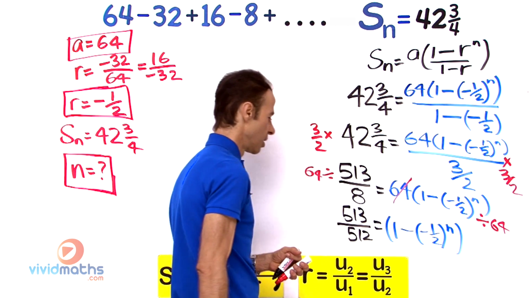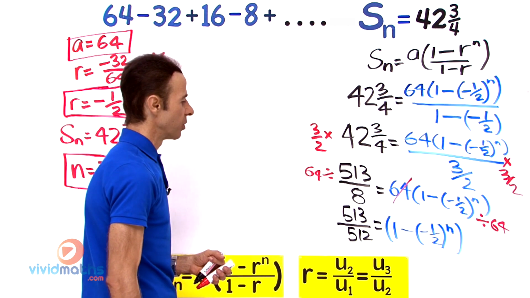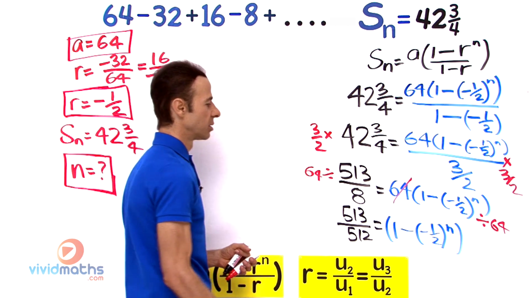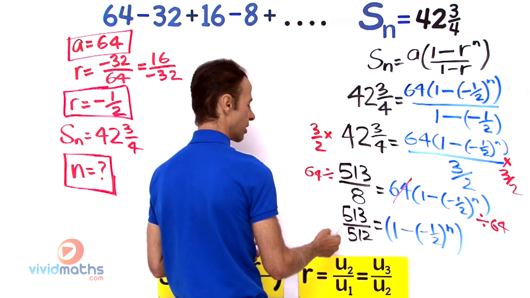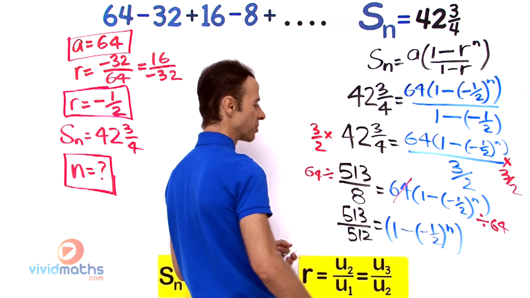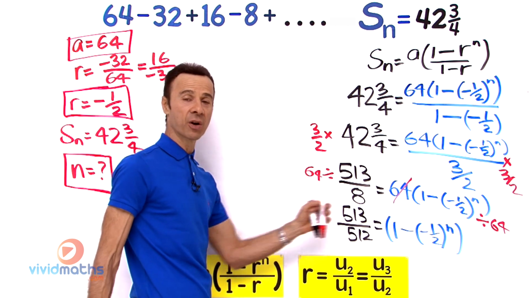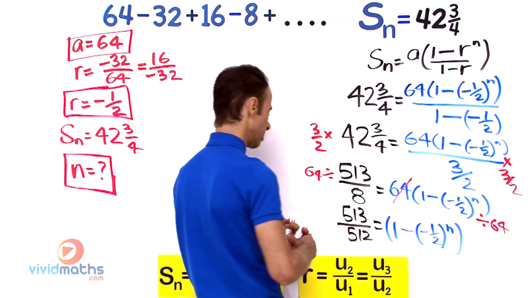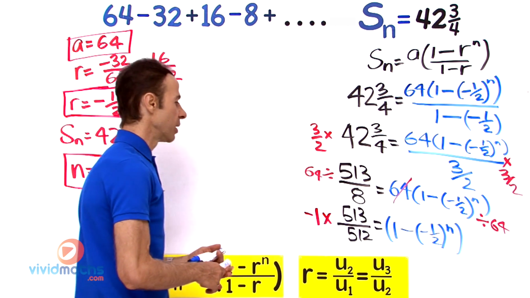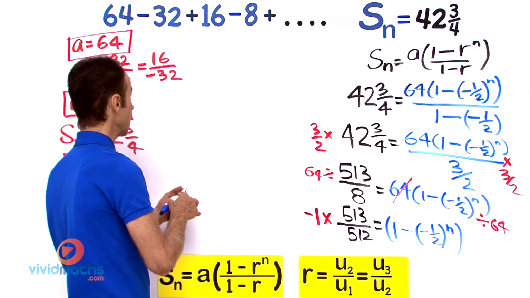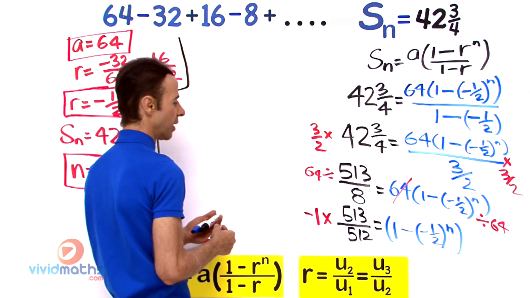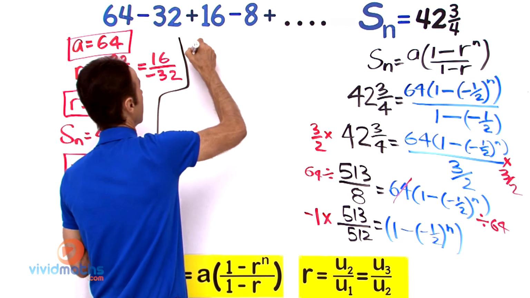That's what we're after. Okay, what can we do to further simplify this? Well, we can subtract 1 from both sides. Actually, I'm going to multiply throughout by negative 1. That'll kind of help us equate it. Multiply everything by negative 1. That's going to yield a value here of negative 513